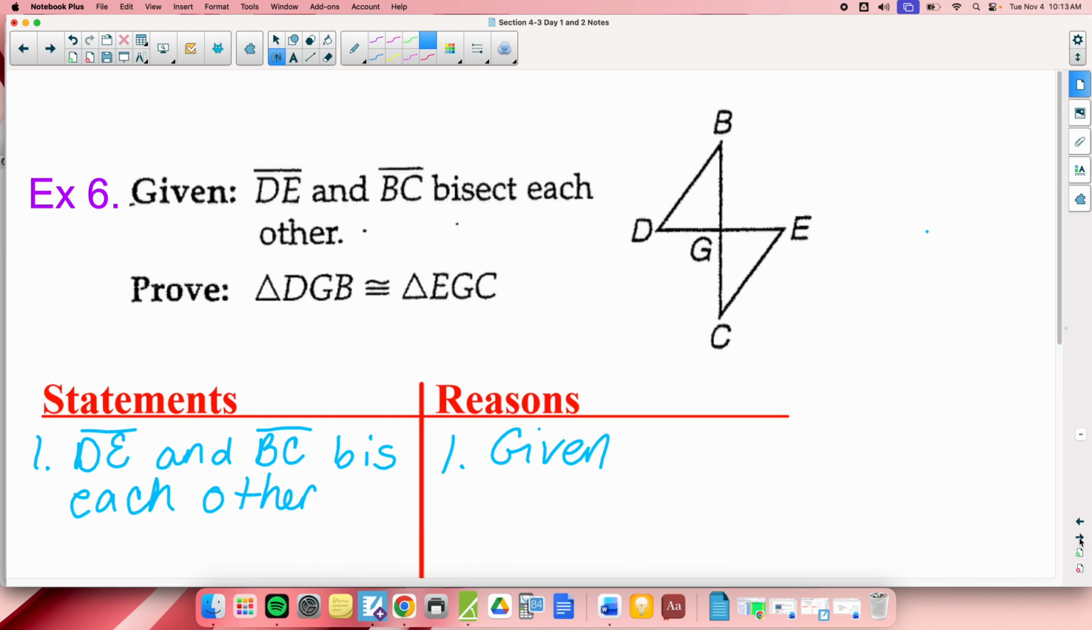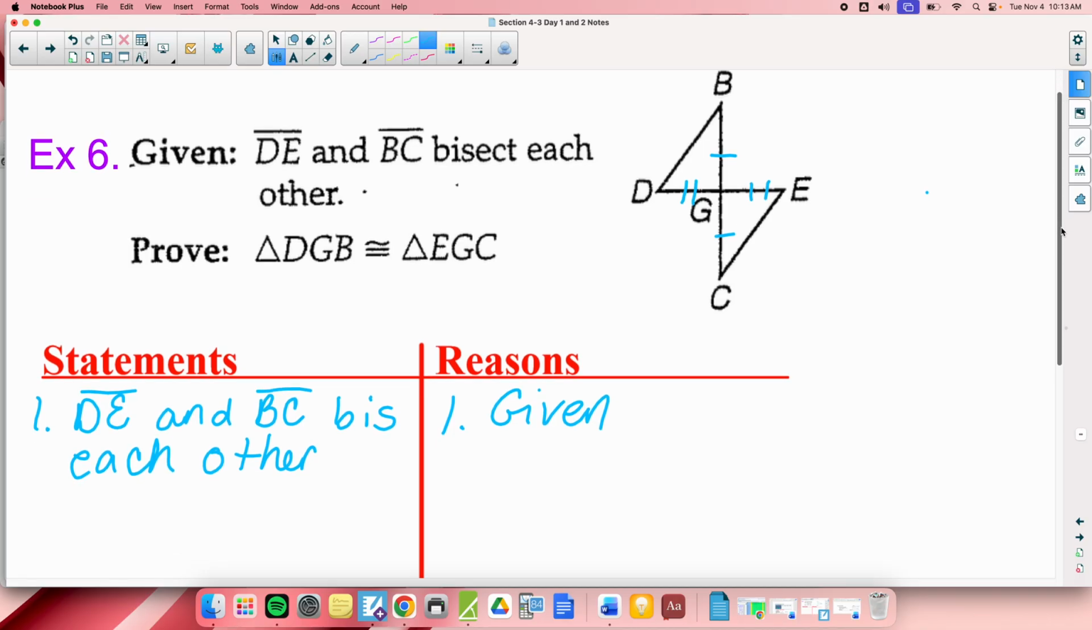So back here where we are, this time they bisect each other. So that means they both are cut in half. So these two pieces would be congruent, and you want to mark that on your diagram, and then use a different number of dashes for that and mark that those are congruent. Okay, so I'm going to go and do that step. So step 2, I could say BG is congruent to GC,